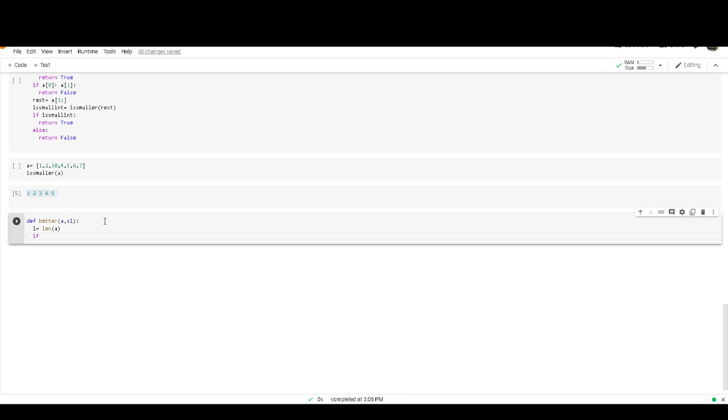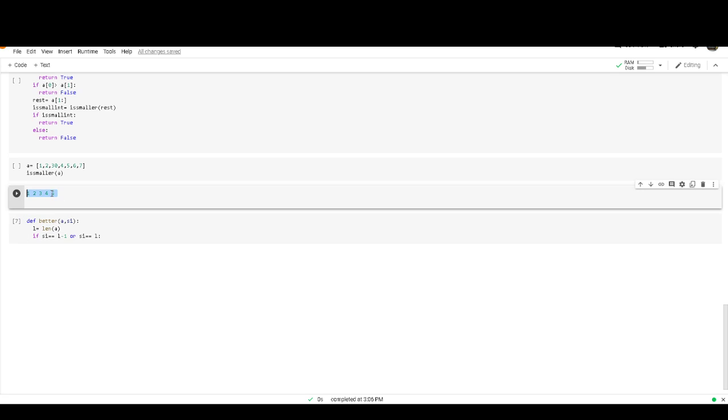If HI equals L minus 1 or HI equals L. What is L minus 1 here?